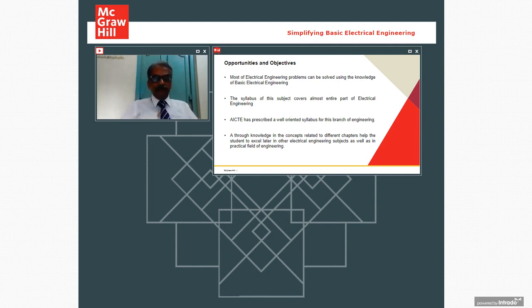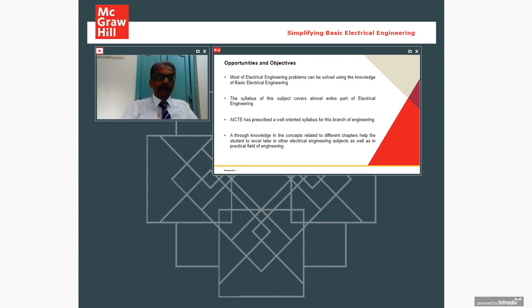In our country, the regulator of engineering courses is AICTE, the All India Council for Technical Education. They have their prescribed syllabus. If you go to the website, you will find the prescribed syllabuses. This syllabus is made after a lot of brainstorming, where renowned teachers and persons from industry joined hands to prepare